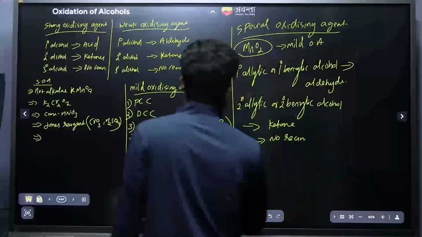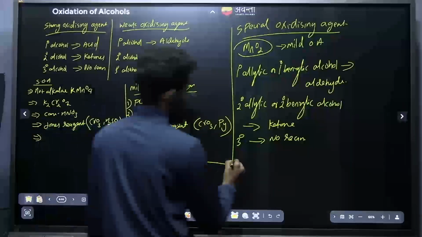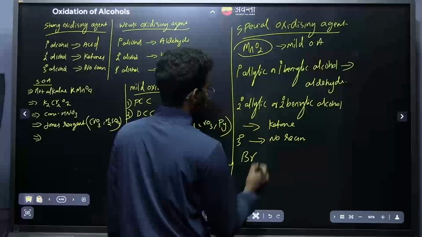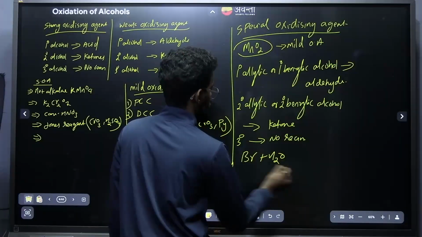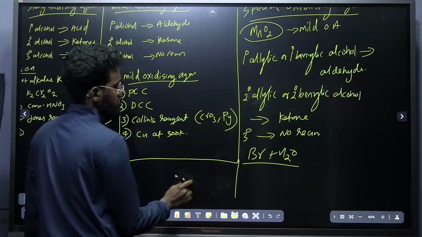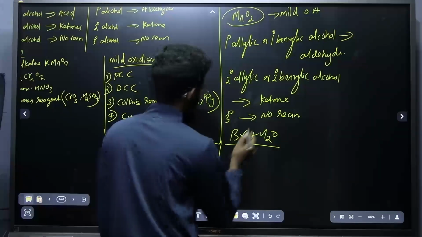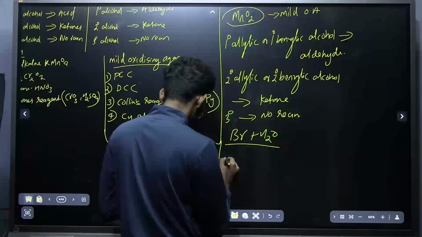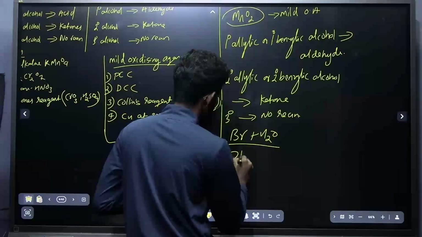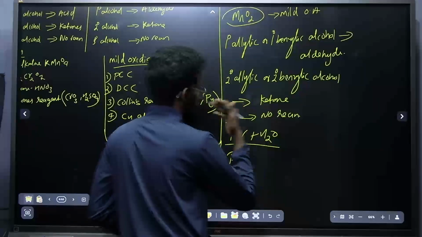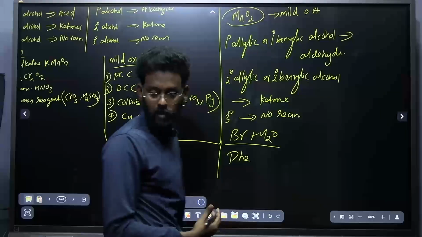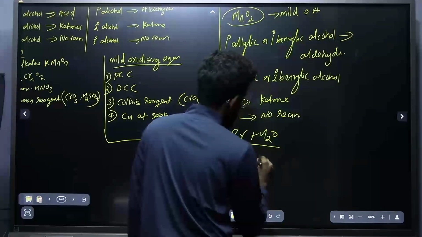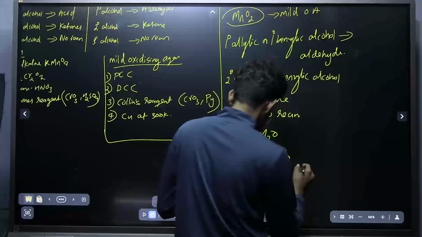Now one more oxidizing agent is there, that is bromine water, Br2 water, another oxidizing agent. What is this? It will be converting which reactions? It is a special oxidizing agent. It will convert only some special substrates. First one is phenol. It will be converting to quinone,